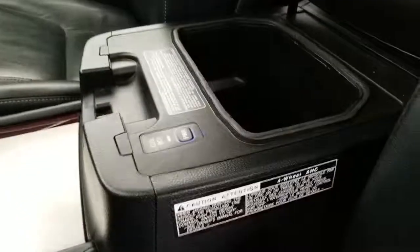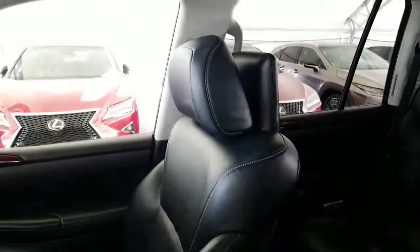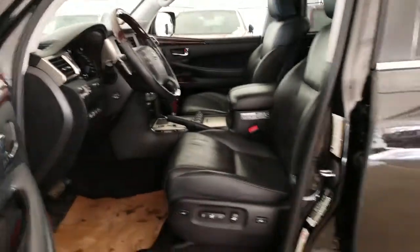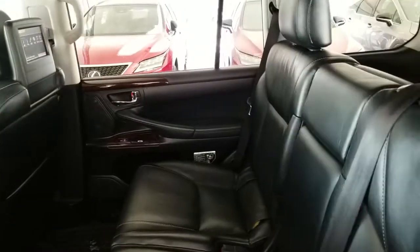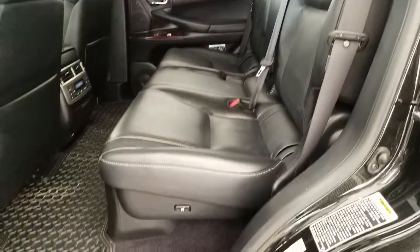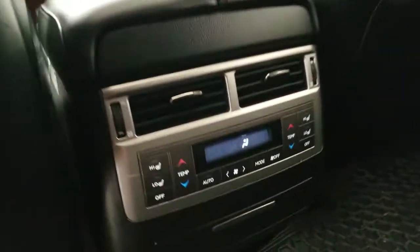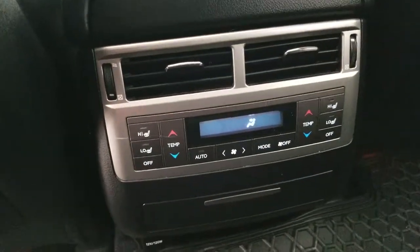front console cool box, sunroof, third row seating, black interior in great condition, rear entertainment system, rear climate controls with the second row heated seats,